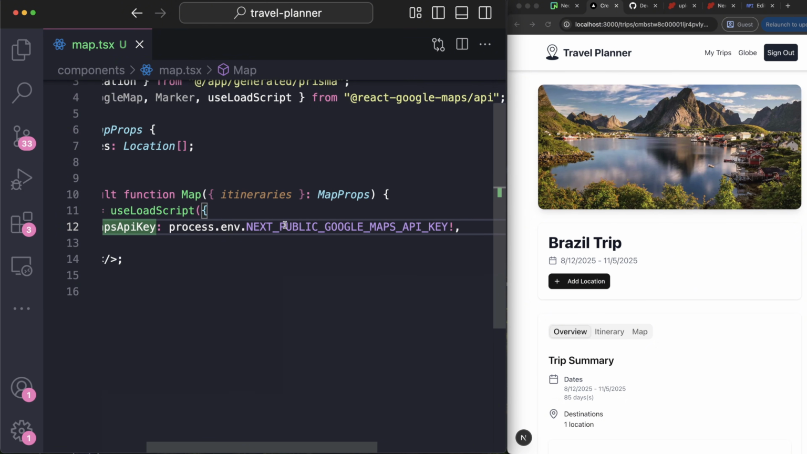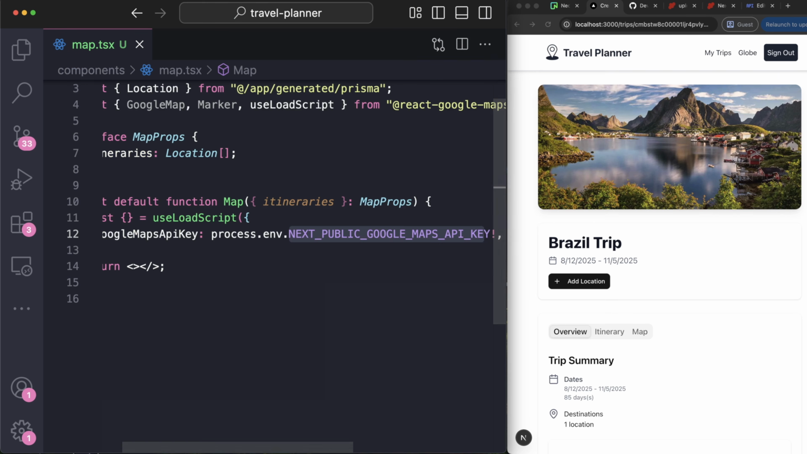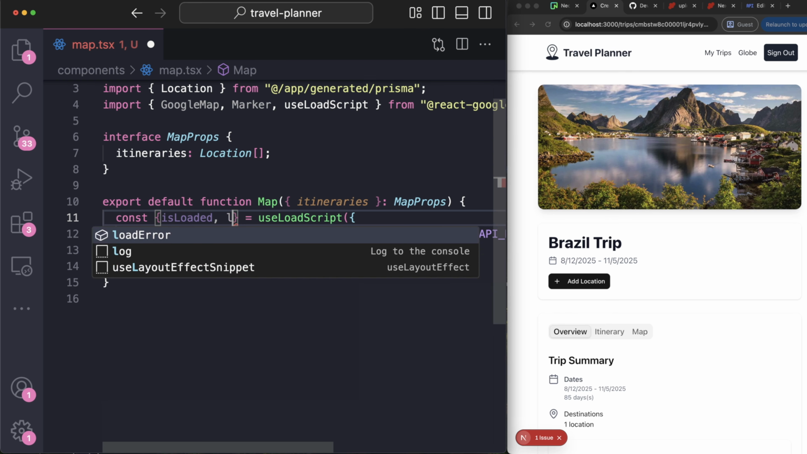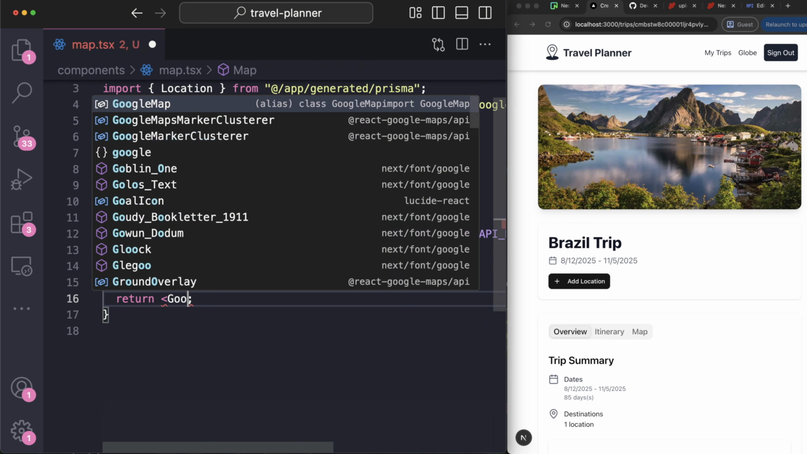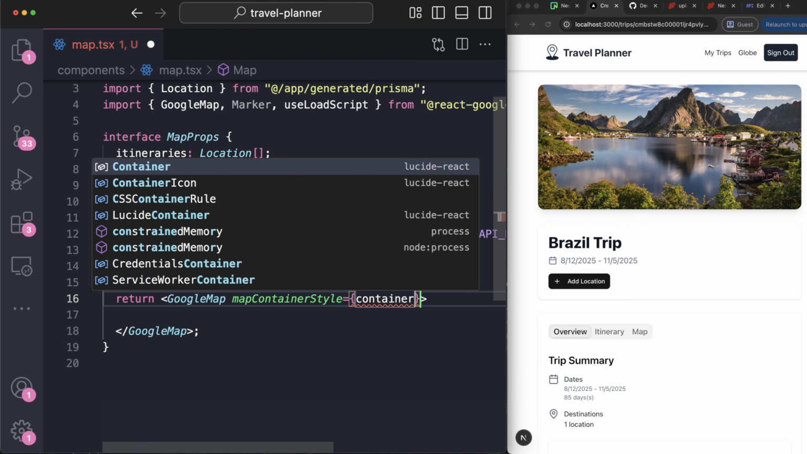And I'm not gonna show myself creating it, so I don't show my other API key, but I have already created it in my file. Now, on this useLoadScript, we wanna get the isLoaded and the loadError. This is just information that we need to know for if the Google map is actually loading correctly. Now, in this return statement over here, we want to return the Google Map component. Inside of it, we want to pass the map container style,